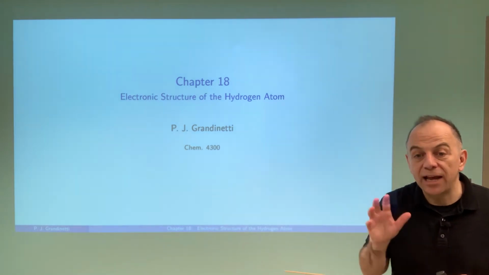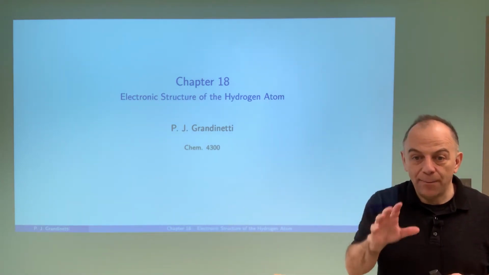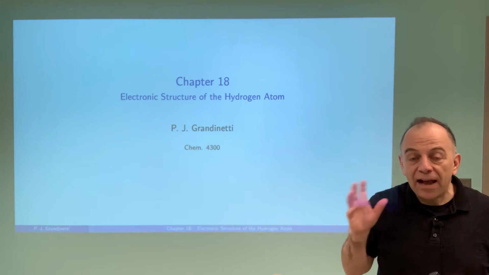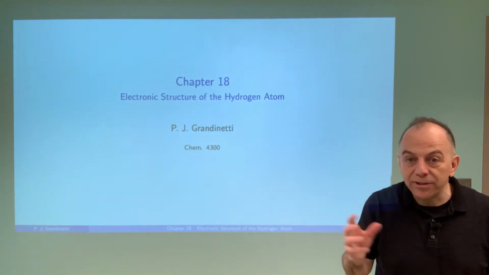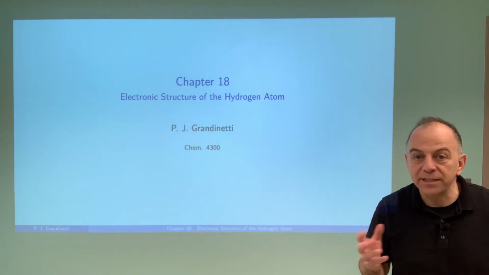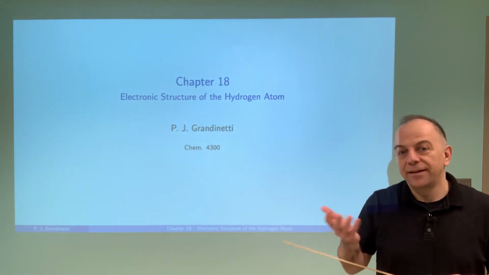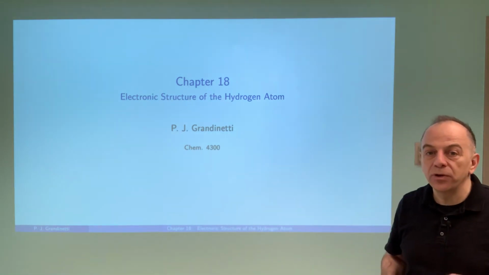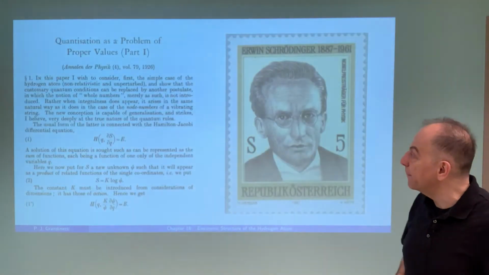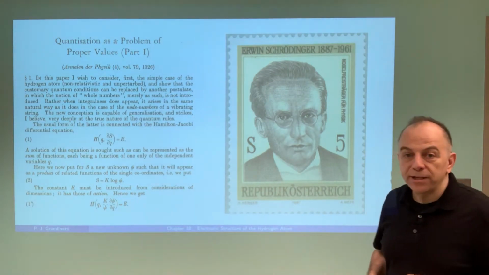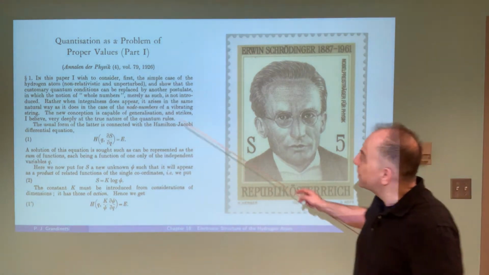Now rumor has it that soon afterward Erwin Schrödinger was giving a presentation on de Broglie's hypothesis of matter waves, and after the talk his colleague Peter Debye came up and said, well, if matter is acting like waves, then there must be some underlying wave equation to describe these waves moving through space. And of course we know now, soon after that, Schrödinger came up with his wave equation that was very successful in describing these waves. And that wave equation was published in 1926 in this paper, which in English is titled